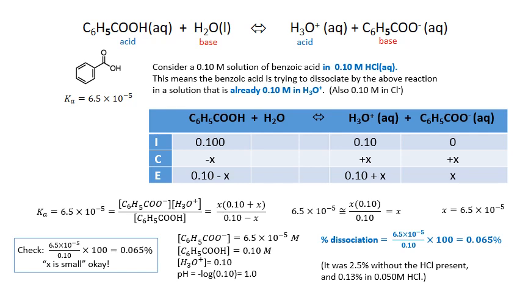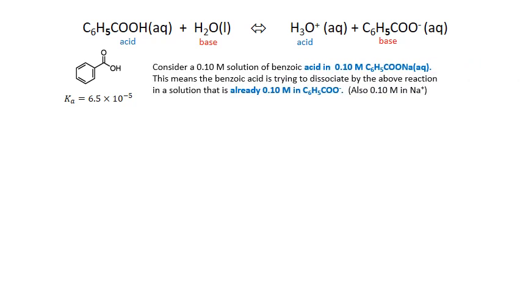solution that already has H3O plus in it, suppose we dissolve benzoic acid in a solution that already has sodium benzoate in it. In other words, you've got extra benzoate floating around instead of extra H3O in the initial solution. Okay, the math is very, very similar. Let's have a look. Here it is. Consider a solution of 0.1 molar benzoic acid dissolving now in 0.1 molar sodium benzoate, okay, which is the conjugate